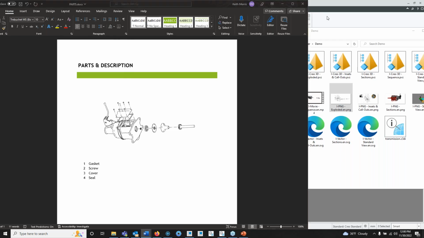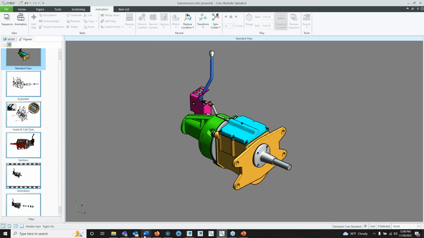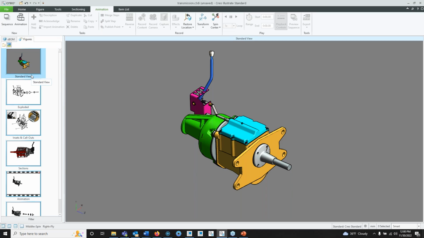It is that simple, all the way from here to there. And you would obviously have more figures and more views, and depending what you're setting up, it is pretty easy